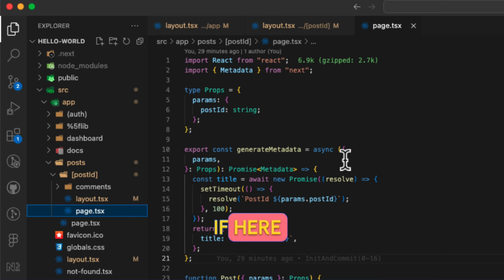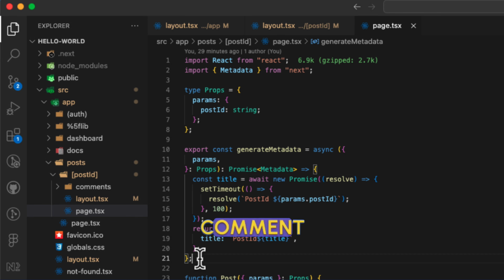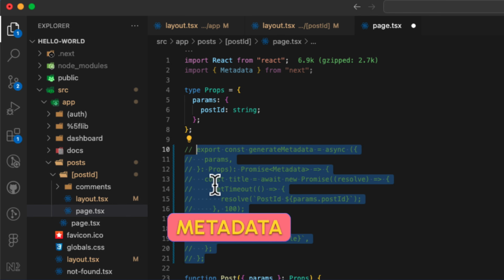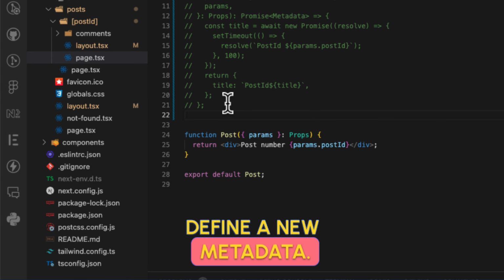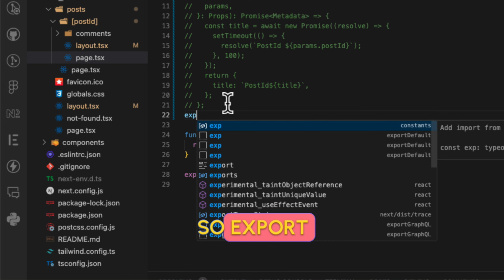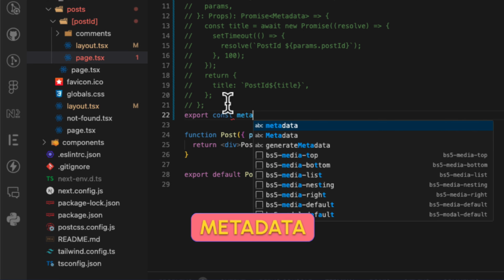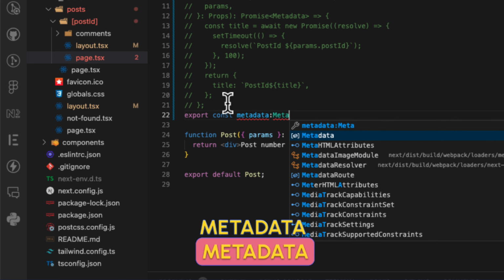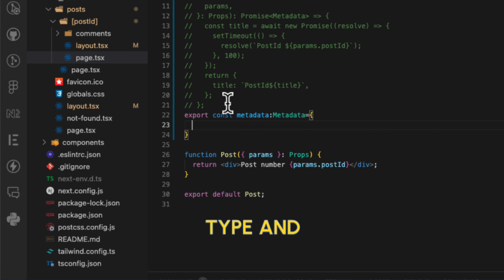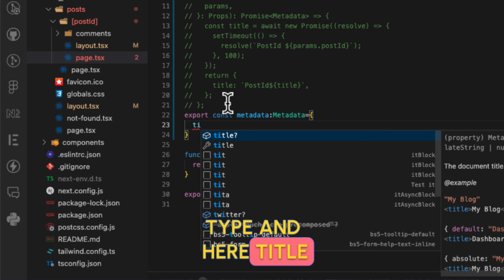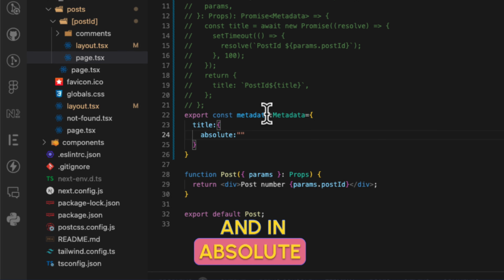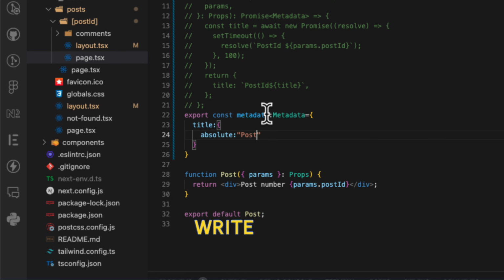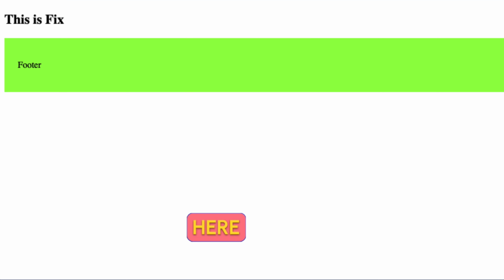If here I first comment out generateMetadata, and now I want to define a new metadata, so export const metadata of type Metadata, okay, and here title will be absolute, and in absolute I write post 1, and if I go back to the browser here,